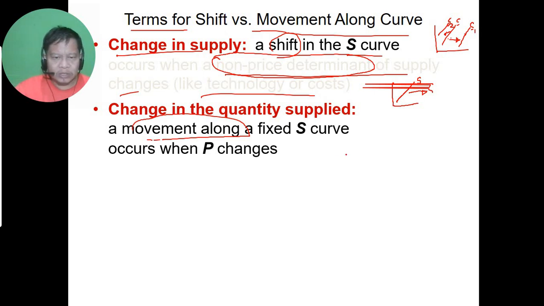So a change in quantity supplied, o ganun din change in quantity demanded, a movement along the fixed curve occurs when price changes. So kung price, ang quantity supplied, change in quantity supplied, okay, change in quantity supplied is movement along the supply curve. Example, if this is the supply curve, okay,